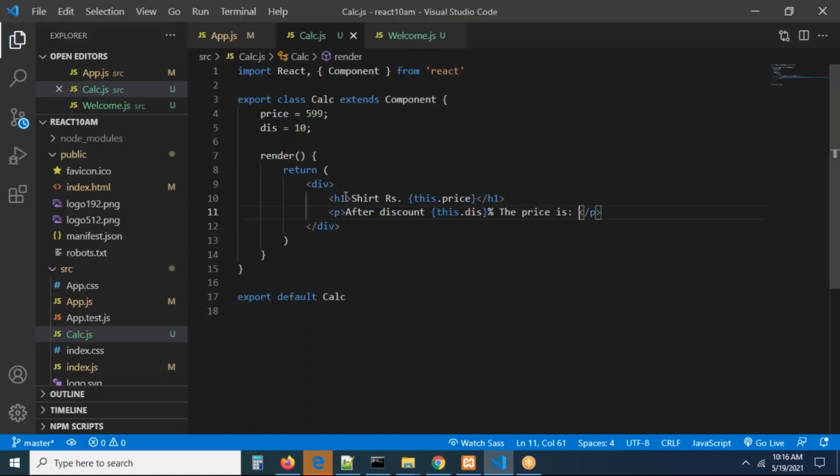Or else you can take this into a paragraph tag again. This is going to be a paragraph tag, or okay, you can take an h2 tag, no problem. Okay, h1 you can take, this you can take h2. I'm taking this into h2, whatever it may be, guys. Presentation, that's all about the important thing. So I'm going to make this also h2.